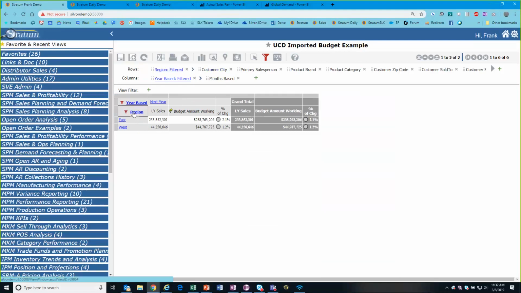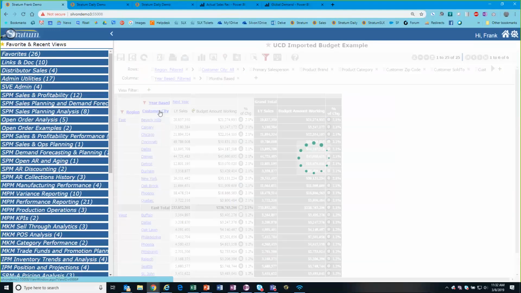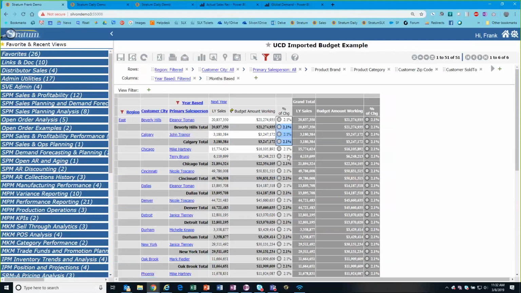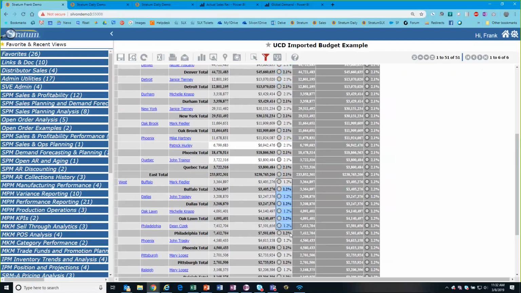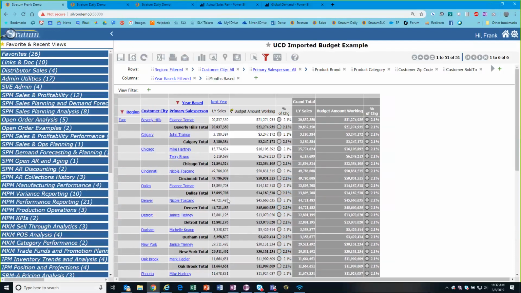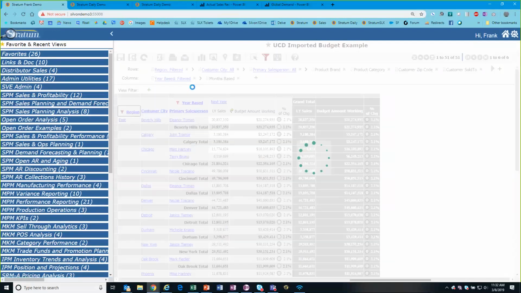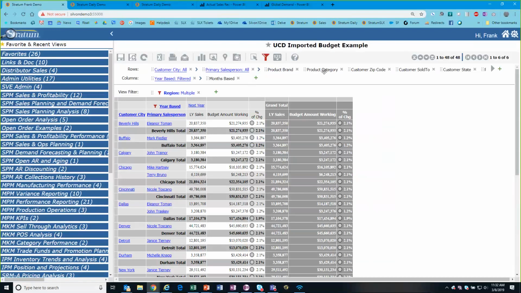But if I drill down now, you'll see that the 2.1% is for all my eastern stuff. All my western stuff is at 1.2%. Again, that's just how we set up the spreadsheet, and we copied stuff around. So that allows me to look at that stuff. And then other stuff, I got product categories in here. So I might be able to do something like this. The city's making this a little